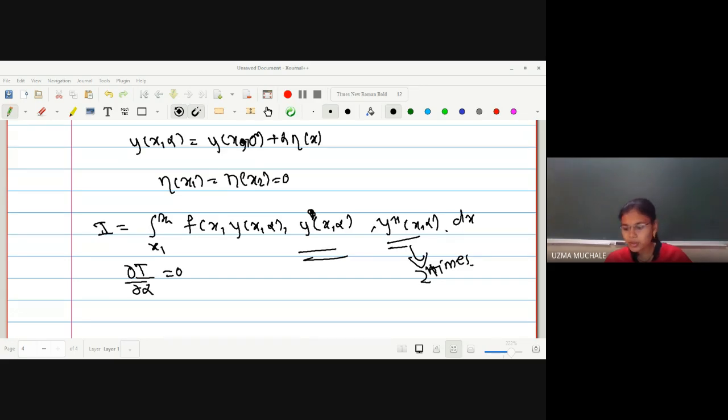Wherever you are having x, you have to just replace it by y. If you want to go for the shortcut in the SET examination, but if you want to solve theoretically, then you can get the answer. Whatever we have solved for about the y-axis, it is exactly the reverse one. That is, wherever you are having x, you have to replace it by y. Okay, good one. Anyone else solved it?